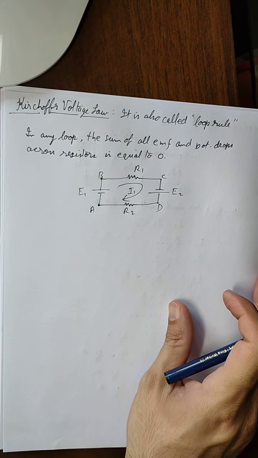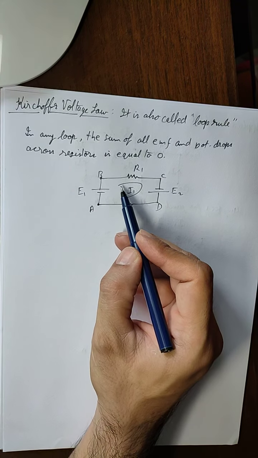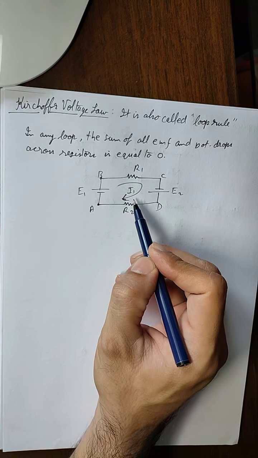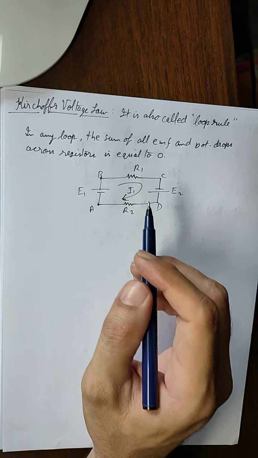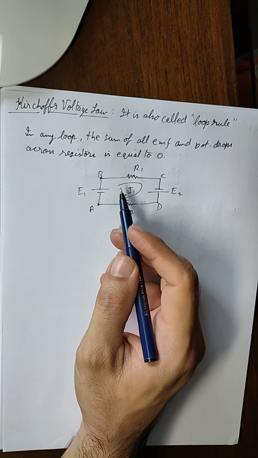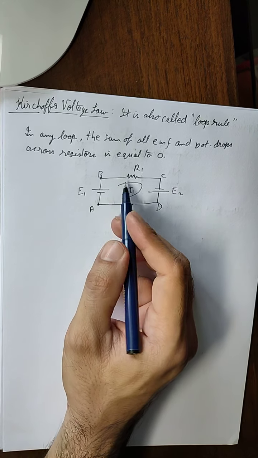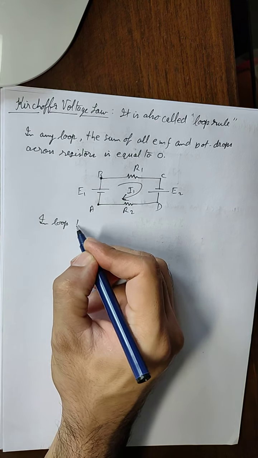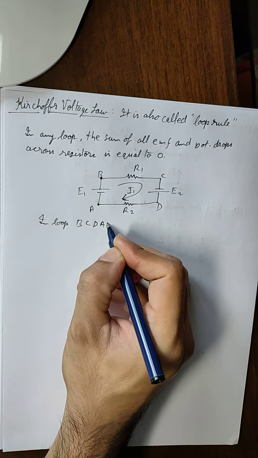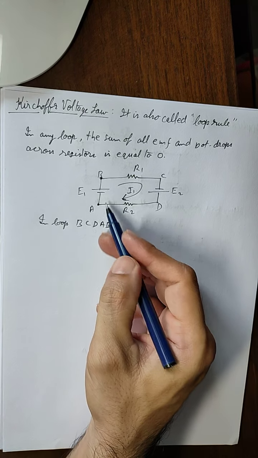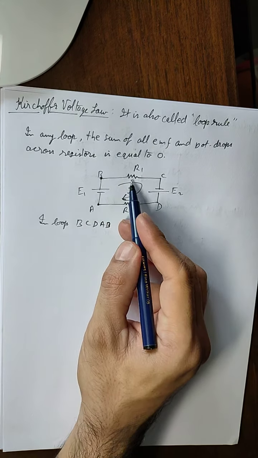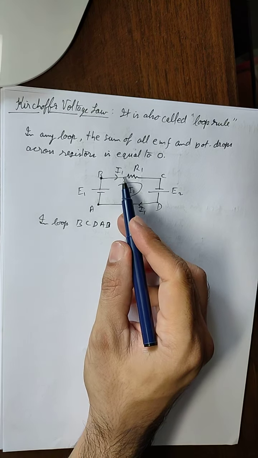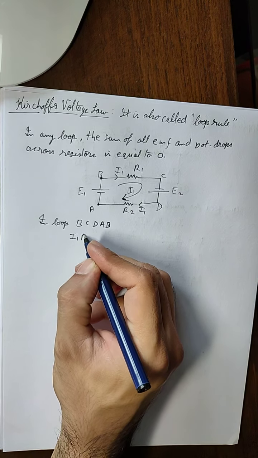The easier method to understand and to remember is that the direction of the current is always positive. So if we have taken I1 and we are moving in the direction of I1, then it will be taken as positive. And so let us say that we are moving in this direction. So let us say we are starting from B. So in loop B, C, D, A, B, because the loop should be closed, we are going to start from B and end at B, and we are moving in this direction. Now this has current I1 moving in this direction, so the potential difference here will be equal to I1 R1.